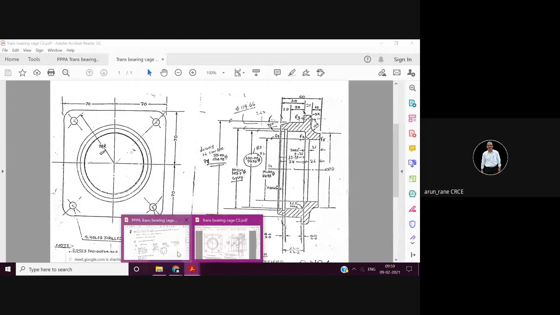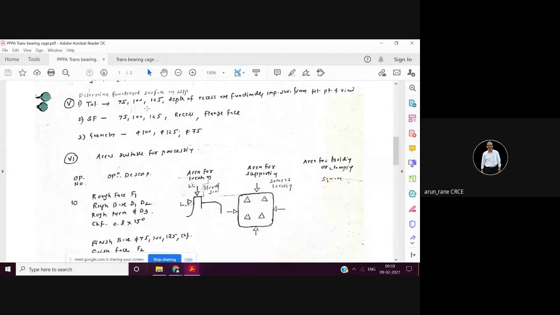Now the depth of the recess: again, if the tolerance is close, then that becomes a functionally important surface, because the circlip bed is inside it. So if it has close tolerances, then yes, otherwise not. Then based on the surface finish, wherever there is a grinding symbol, that becomes a functionally important surface. Because if the finish is good, that means it is going to be a functional surface. Maybe some relative motions will be there.